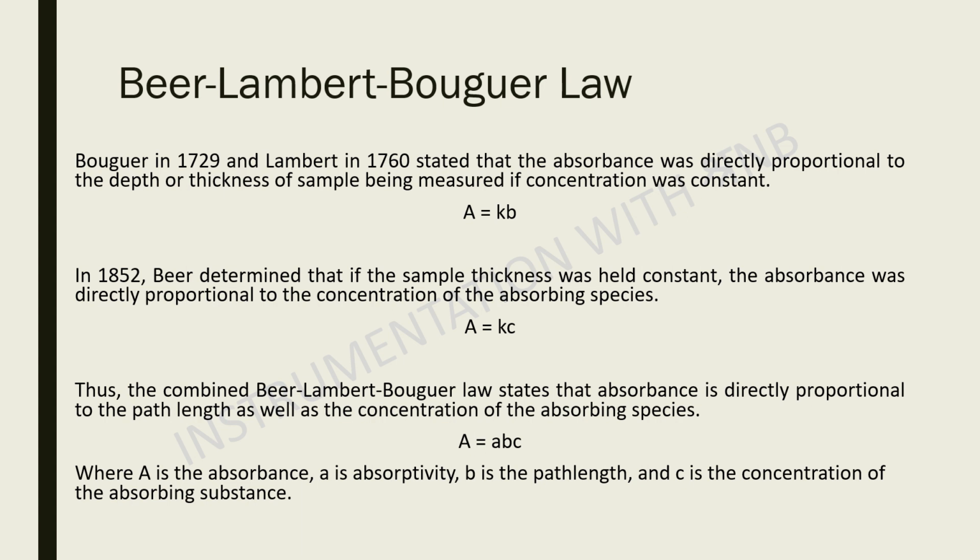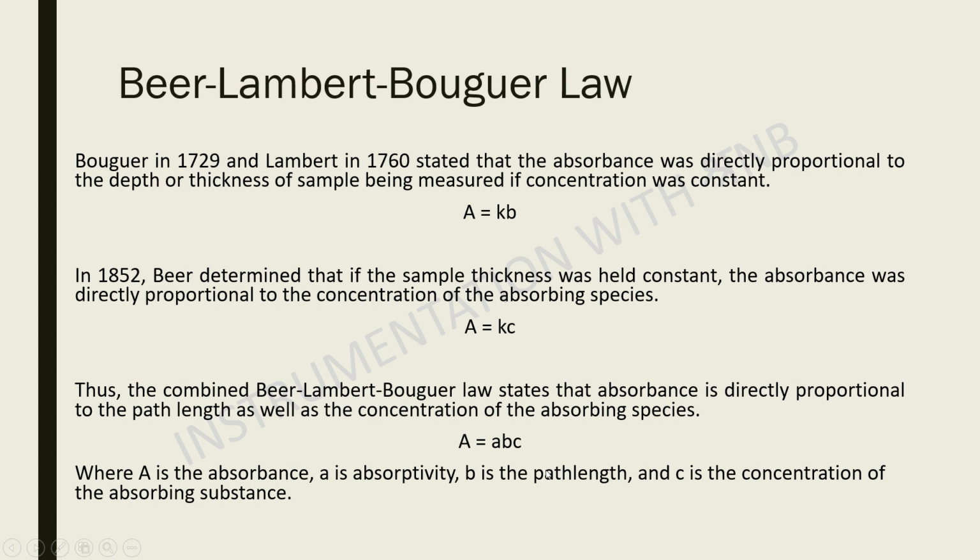In combination, we can say that according to the Beer-Lambert-Bouguer law, which is also known as Beer-Lambert law or Lambert-Beer's law, the absorption is directly proportional to the path length as well as the concentration of the absorbing species,